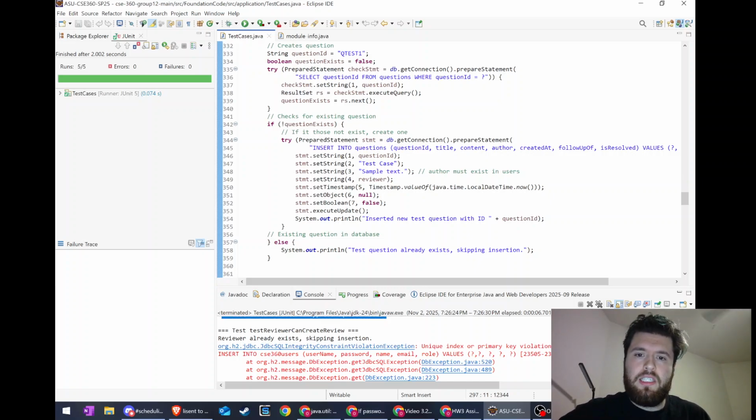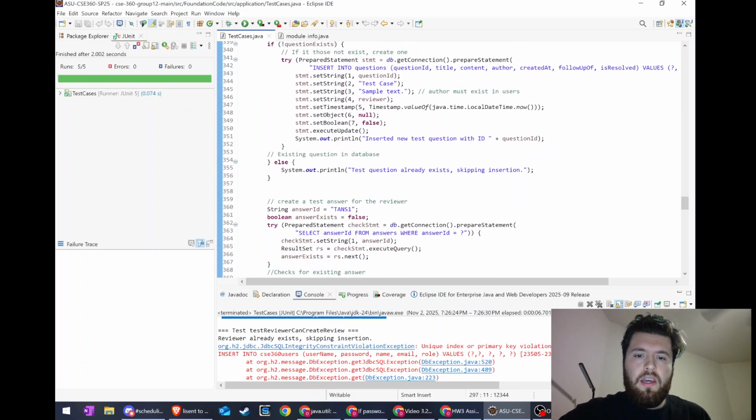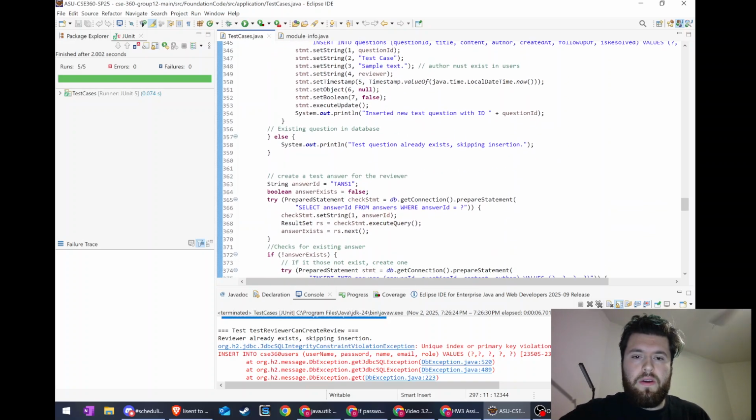If it did already exist, that means I've already run the program once, so the test is currently in place. If it doesn't exist, then I would have to go in and create it all, including the sample test. Now, if we go further down here,